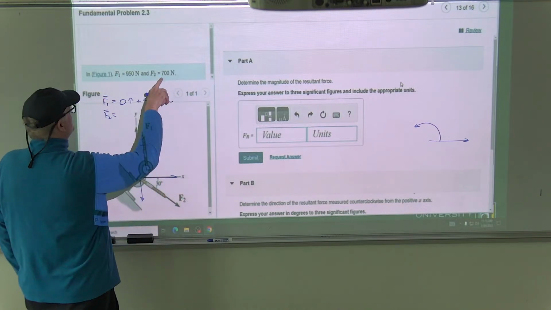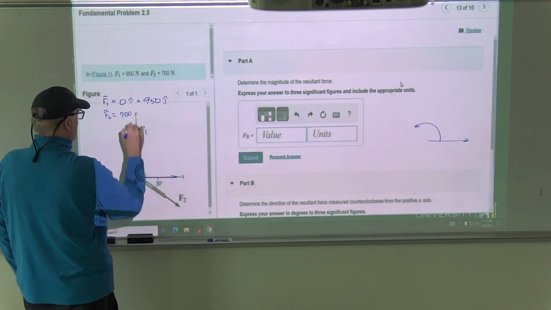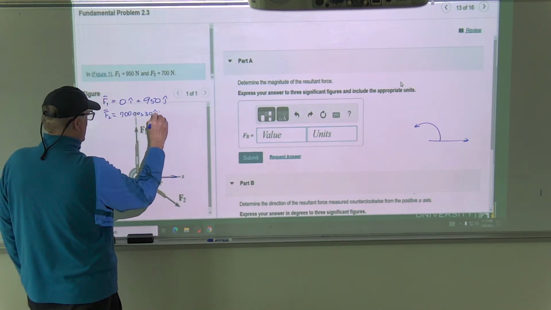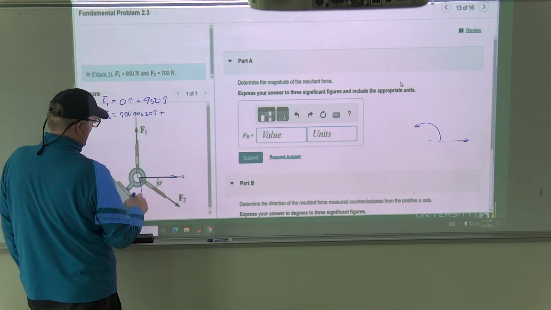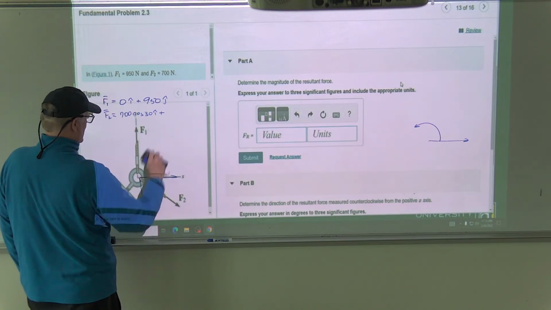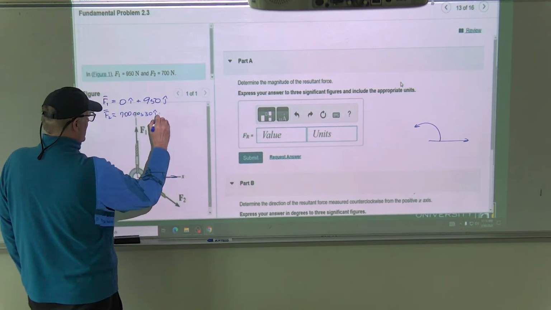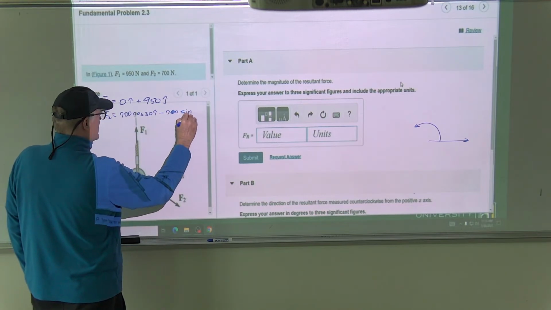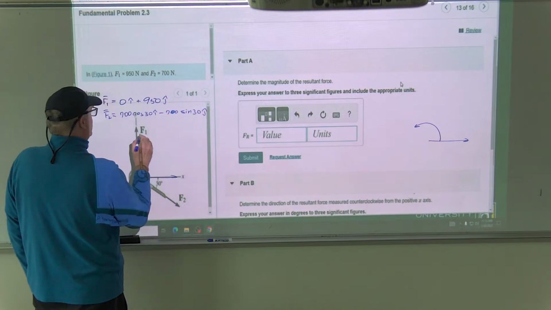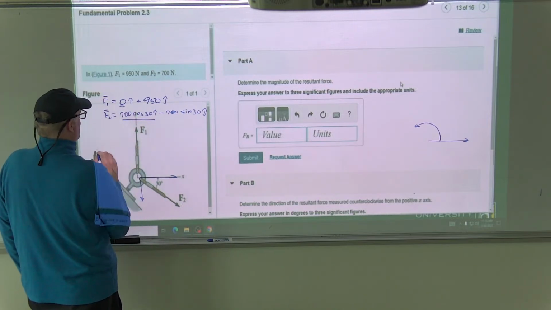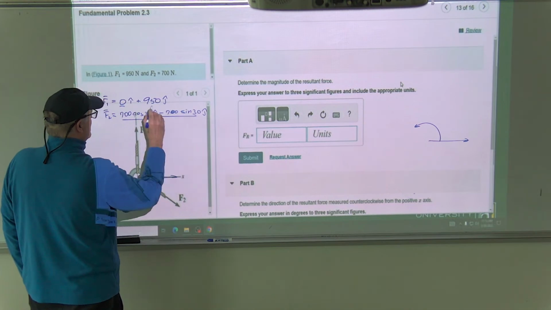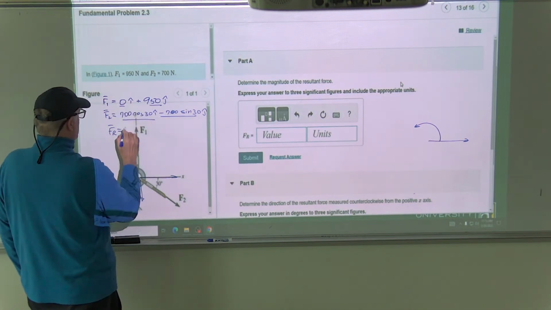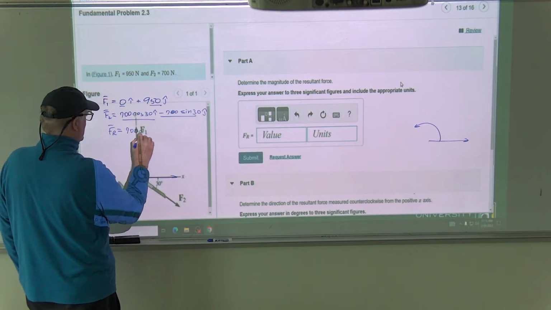So F2 is 700 cosine 30 i plus, but actually it's not a plus, it's a minus 700 sine of 30 j. And so you add that to nothing, and you add that to that, and so your resultant is just going to be 700 cosine 30